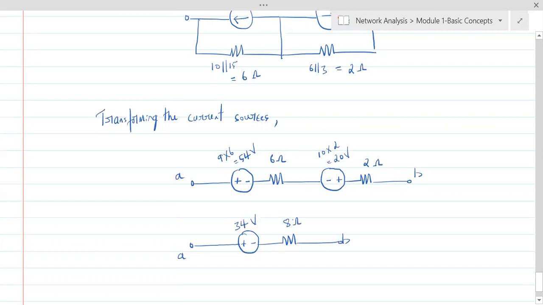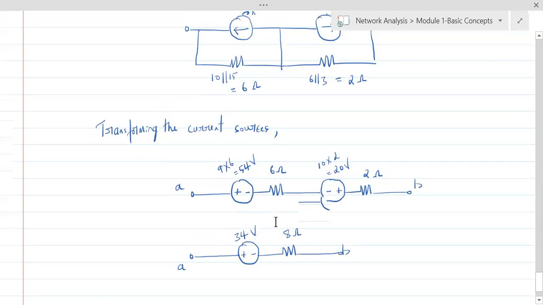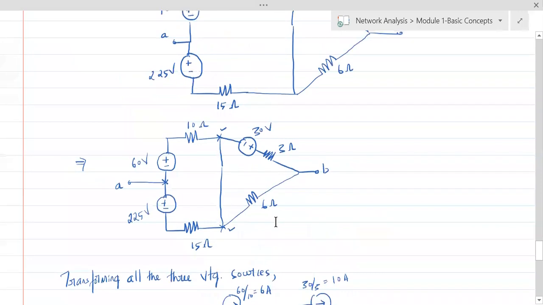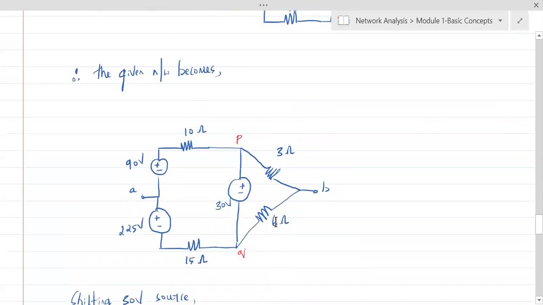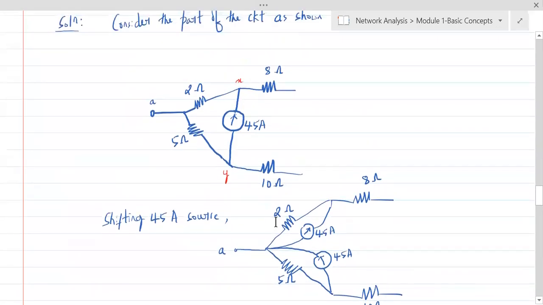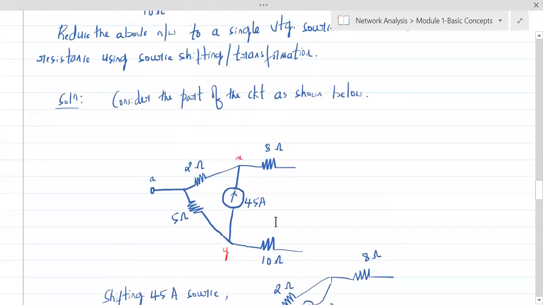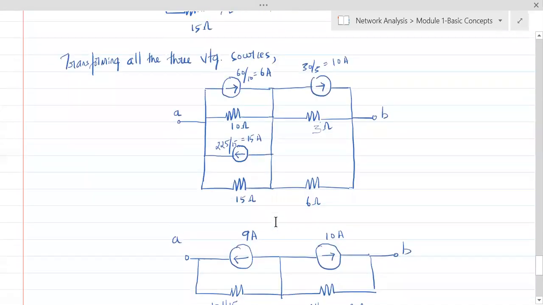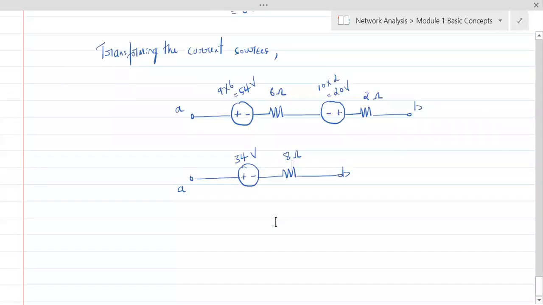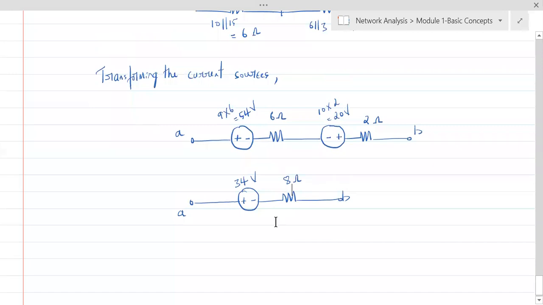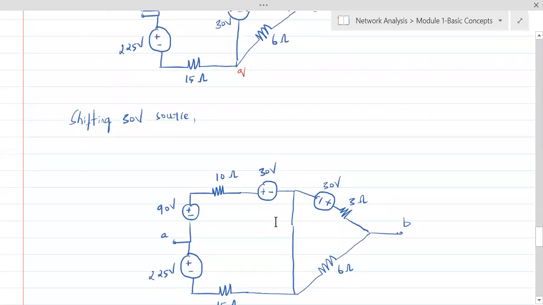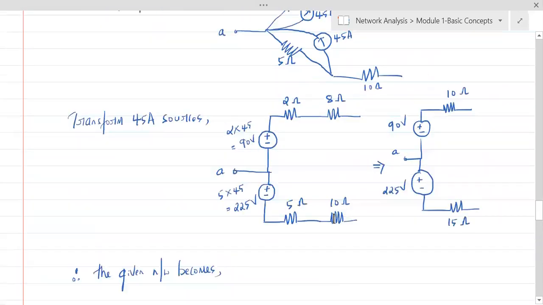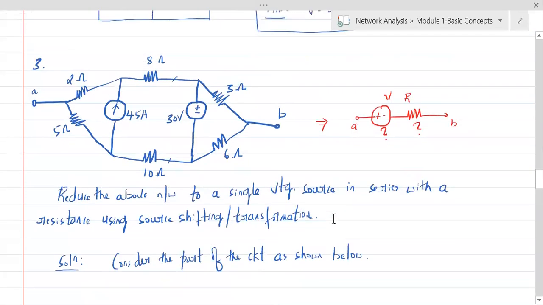So this is how the reduction of size is possible with shifting and transformation. Okay, so it seems that the solution is big, but it's not that. If you know what is shifting and transformation, you can do this very fast. You'll not take much time. Get that point? Okay, now this is what I had to give you today.